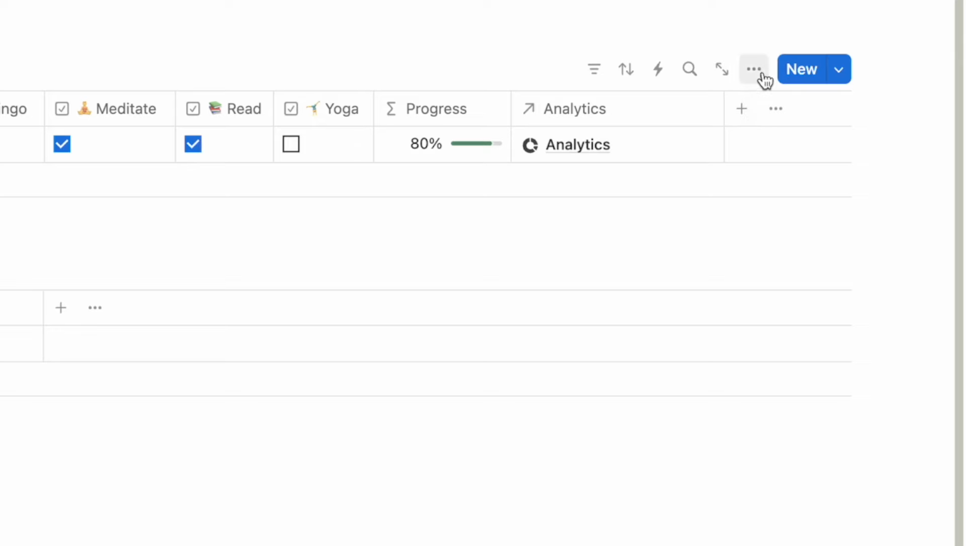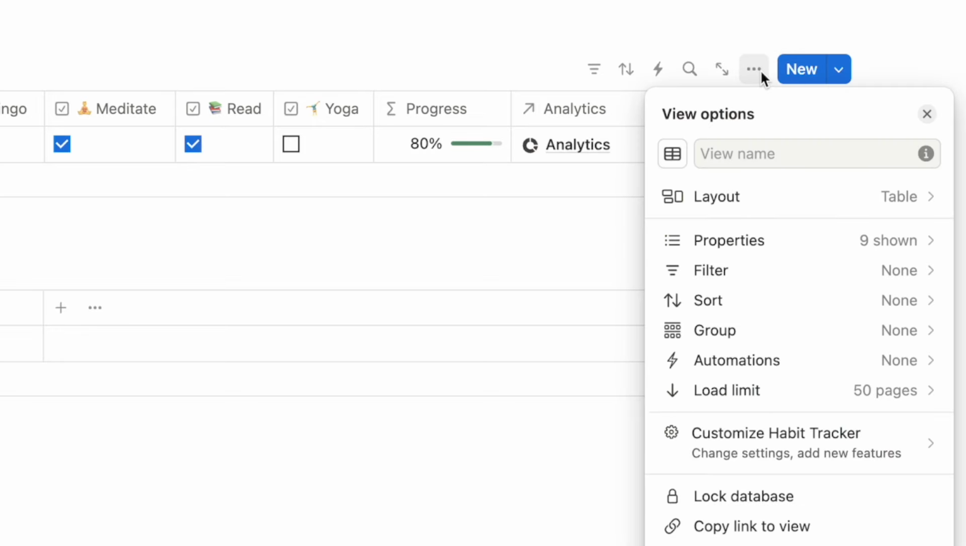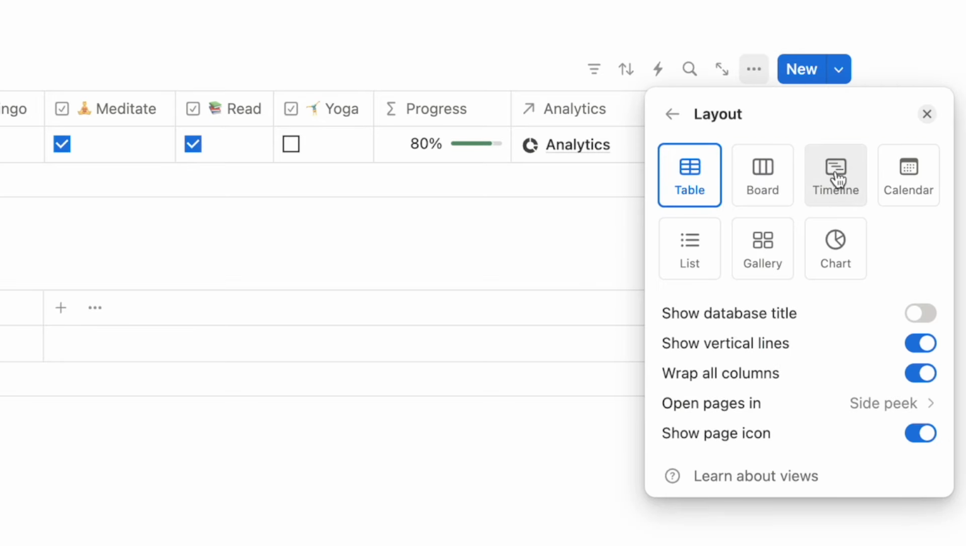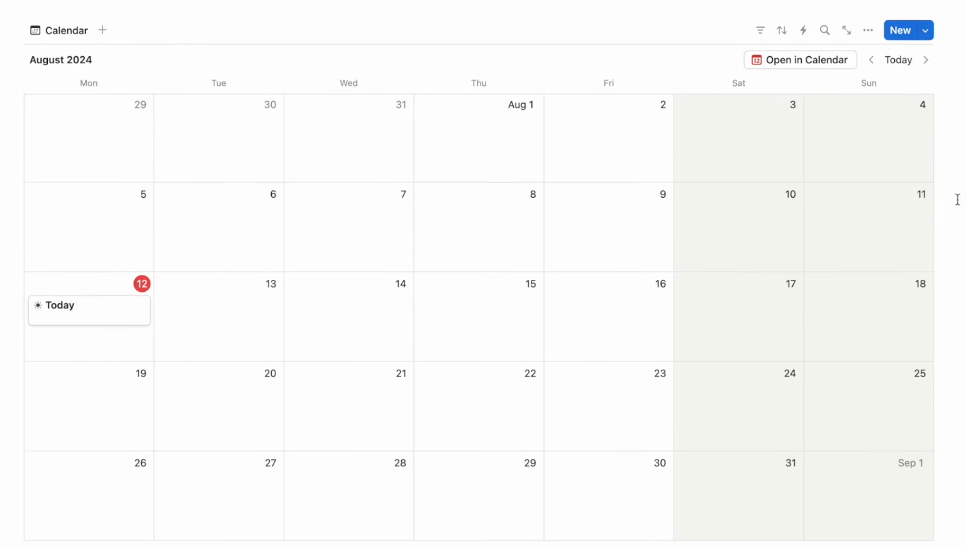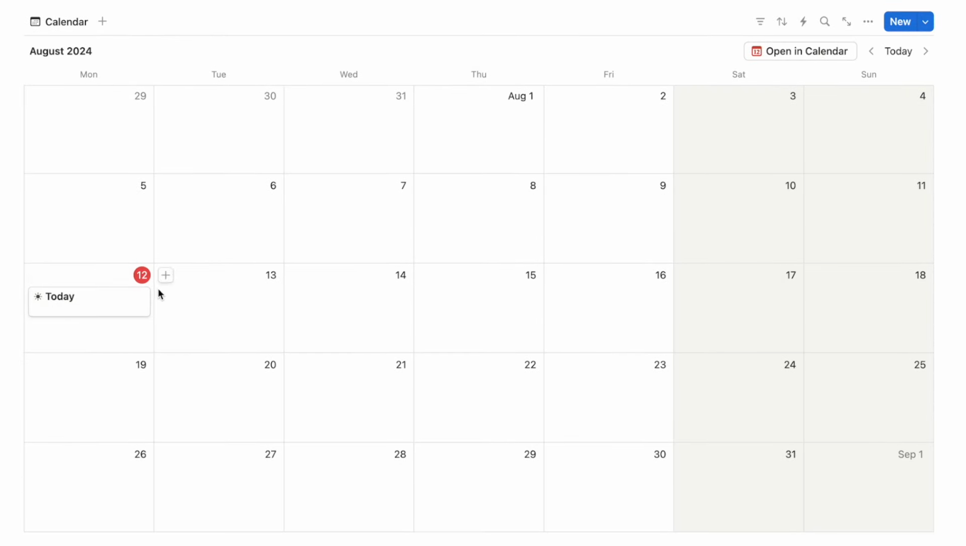So to change it to a calendar, we're going to click on these three dots here and select layout, and let's change it to a calendar. And this is what the calendar looks like, and here is that record displaying on today's date. I do want to see all of the check boxes on the calendar so that I can check them off